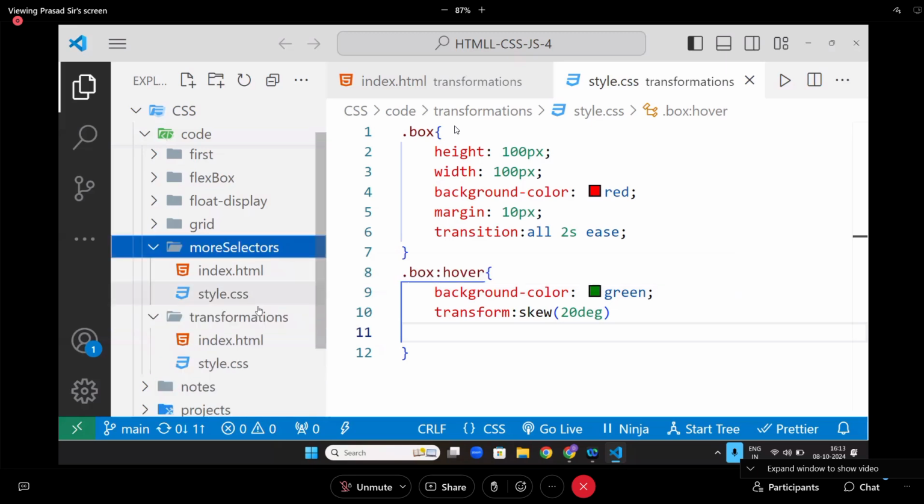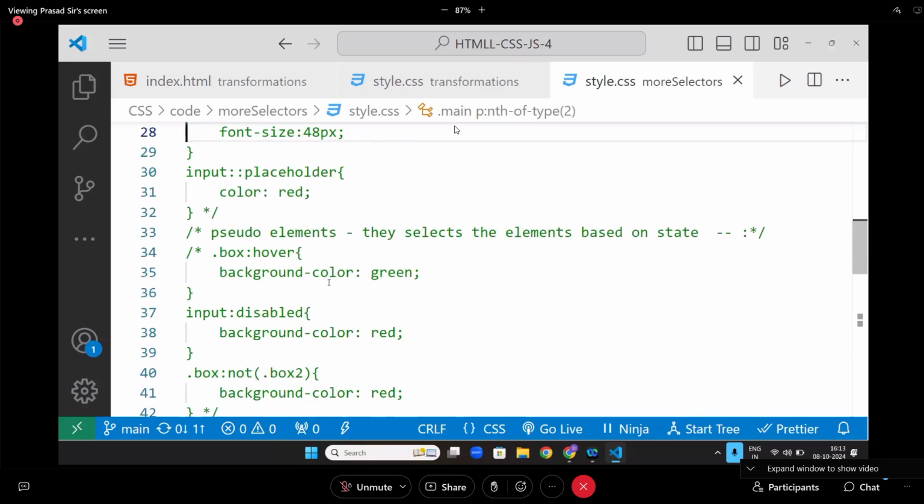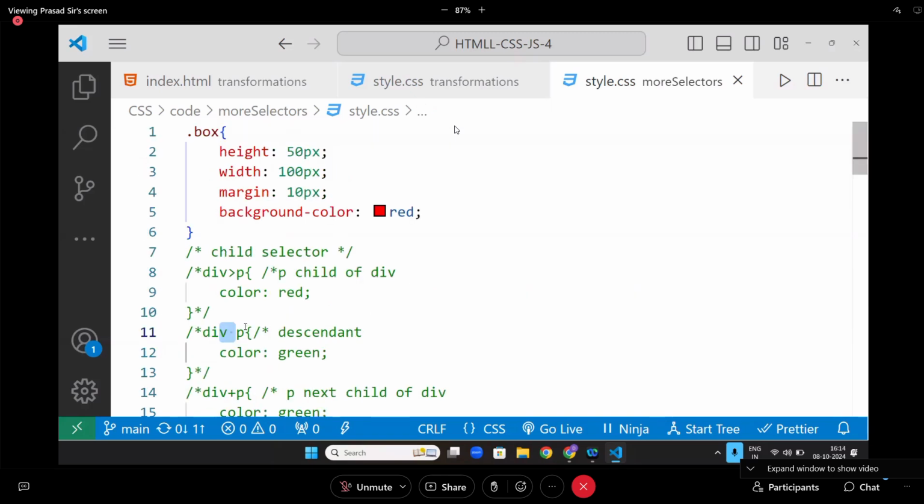I can use selectors like child selector. I can use selector like descendant. The arrow you will use when you are going with paragraph inside div. Paragraph right inside the div, you will use arrow. Paragraph who is maybe a descendant, like a div inside another element, and inside that another element a paragraph is there. You want that one also, like a grandchild also. You will use space. When it is something next to